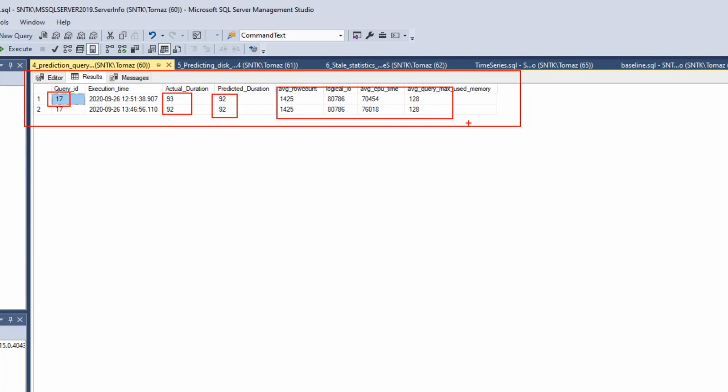Of course, you can add those, and you can also find the most important ones. Sometimes the logical I/O or the average CPU time does not count that much when it comes to the accuracy of a particular duration. And you can also tweak that. It's called feature selection, and you can use either feature selection or a couple of different other statistical machine learning methods to find the right variables or the input statistics. And you can also do that dynamically.